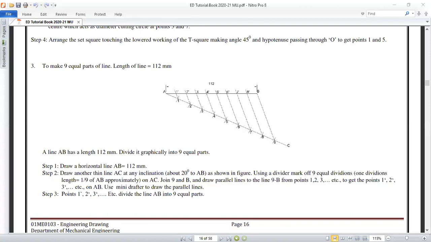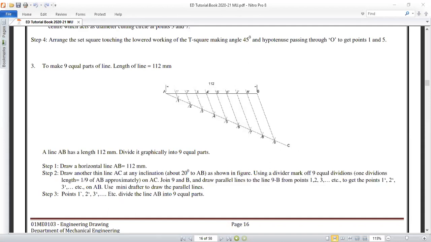and again draw one line like this. This line is, for example, we can keep this line as a 90 because we want to keep as 90 mm, 9 equal part. So this is very easy. Now you can join each and every part like this. This is a 90.